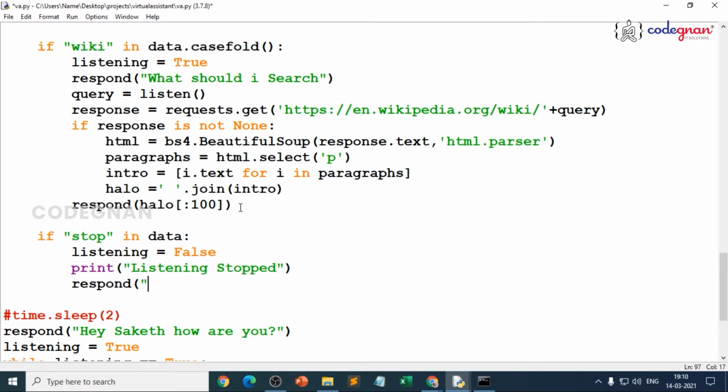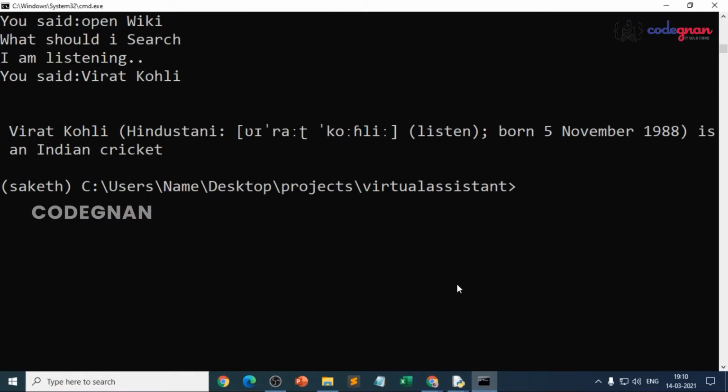So the response I just make it as "see you Saket." That means this will be done when you just give stop. It will tell this thing. So when I execute this, when I just run this code,